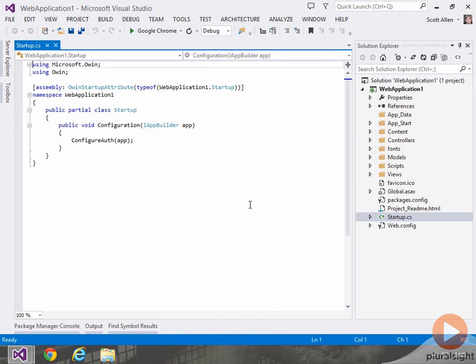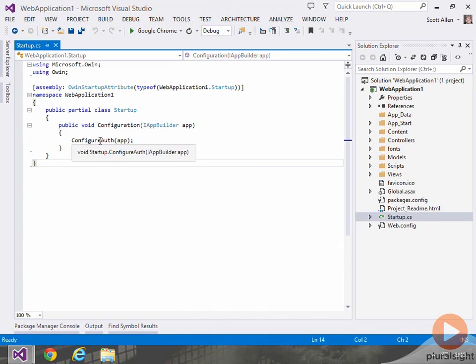And indeed, if you open this up, this will be a startup class just like we had in our project. It has a configuration method, it takes an app builder, and it hands responsibility off to a method called ConfigureAuth. Notice it's a partial class, so this method definition lives in another Startup.cs elsewhere in the project. And here you can see the assembly level metadata that specifies the startup class to be used. So Katana will find that attribute, find the startup class, instantiate it, invoke configuration, and we'll be able to configure